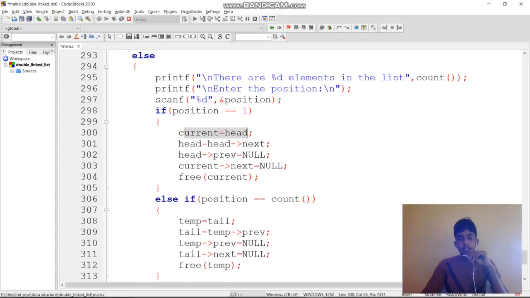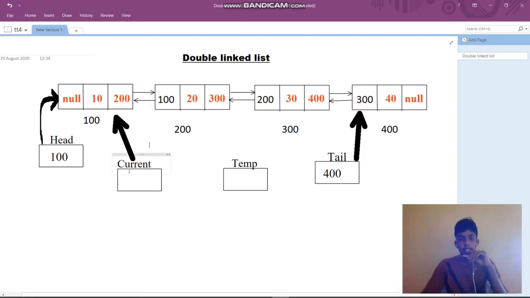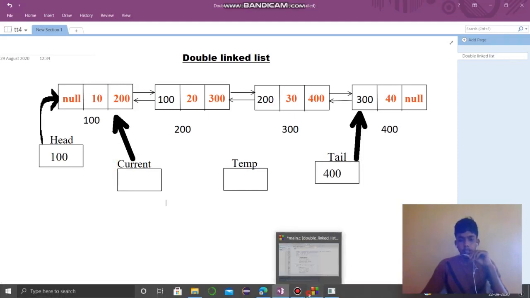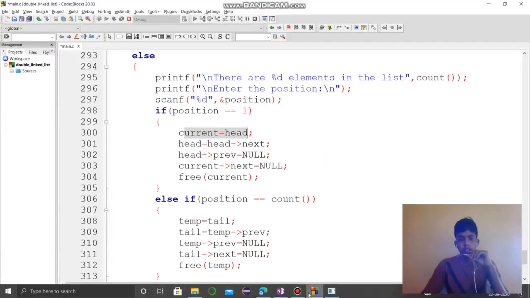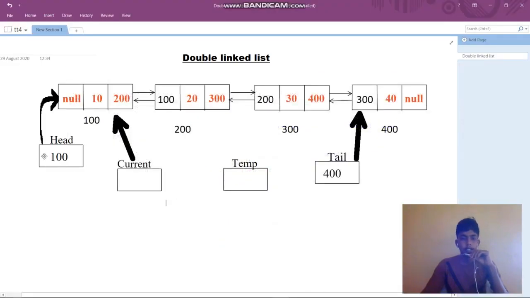Current equal to head. That means initially I am accessing current equal to head, so current will point to head. Now head equal to head of next, that means head equal to 200. So 200 will be stored in head. Now current is storing the first address.